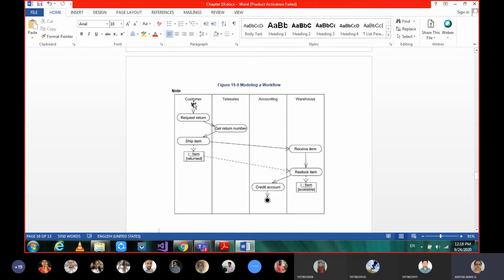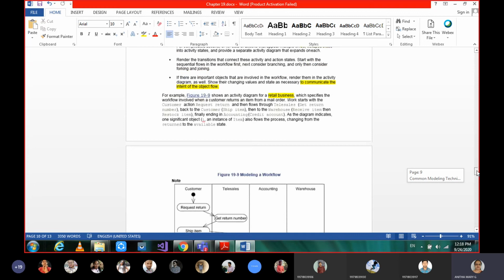Here the customer is the group in the retail business who is going to start the activity. That is why we have to give the initial state with a solid bullet. From there the activity starts and the customer is going to request a return. So this scenario is for returning an object.